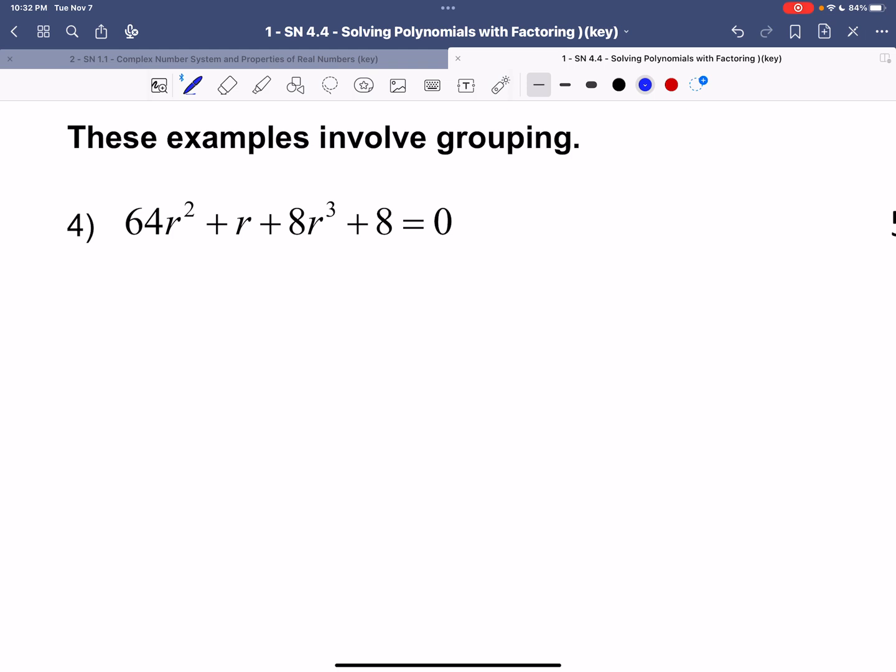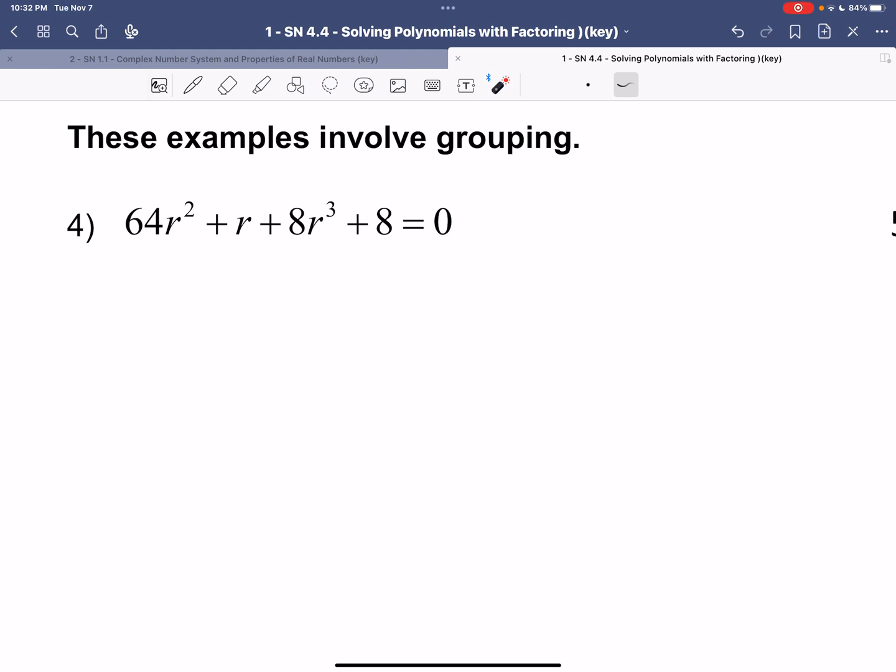Okay, so step number 1, do we need to factor? And the answer is yes, because I've got a 2, and this time I got a 1 and a 3. So I definitely need to factor. So set it equal to 0. That's done. Okay, how many terms? 1, 2, 3, 4. 4 terms means we get to group. Yay, we get to group. Now,